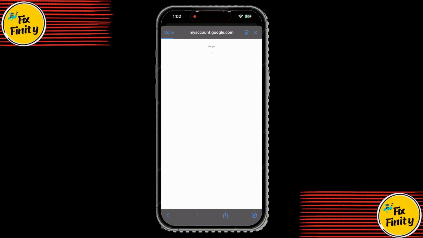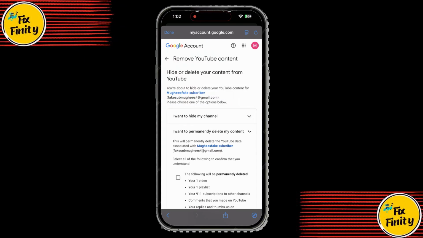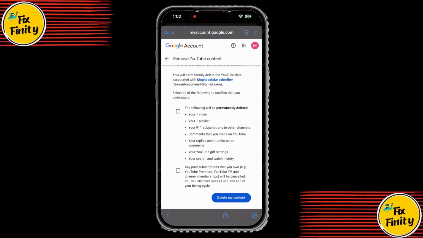Tap on it and you'll see an option that says I want to permanently delete my content. Before you continue, make sure you understand that this will remove all of your videos, playlists, comments, subscriptions, basically everything tied to your channel. Once you're ready, tick the boxes to confirm that you understand and then tap on the